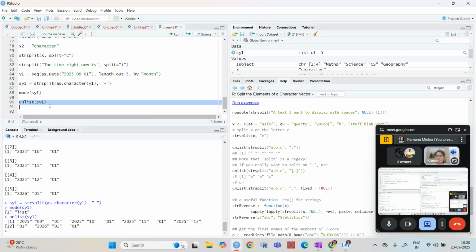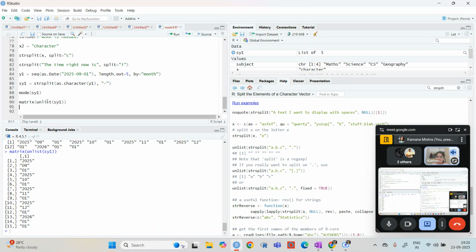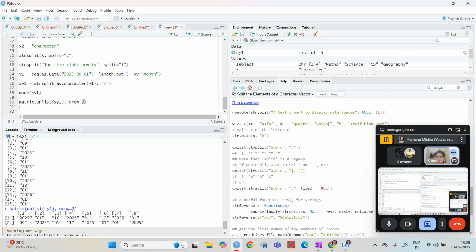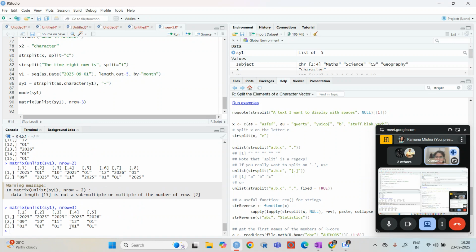And then we can make a lot from it. We can make a matrix, we can make a data frame. This is one of the ways we can use, let's say, nrow s2. This is basically a multiple of 5 or 3, so we can use it like this.